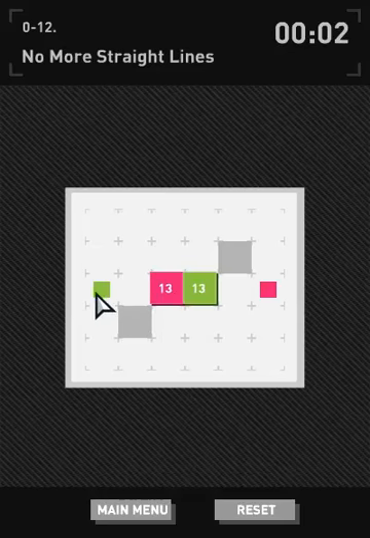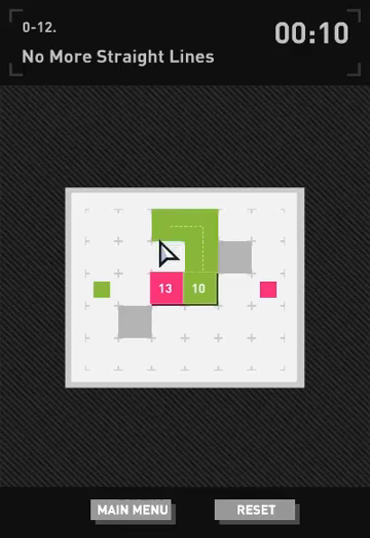13 and 13, and you'll see here that the green block is over here, and the pink block is there and there. So you know that you can't just go around one side. You've got to... Wait a sec, how do I want to do this? I think I want to go up, over...